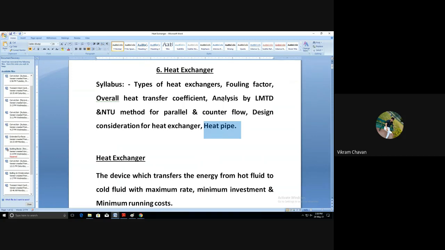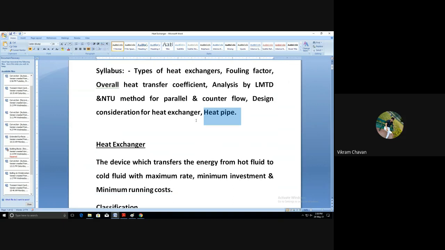So we'll start with what is meant by heat exchanger. As the name implies, a heat exchanger is nothing but a device or body or object which exchanges heat. If you consider that any body or object which exchanges heat is a heat exchanger, then we can think that every material on the earth is continuously exchanging heat.